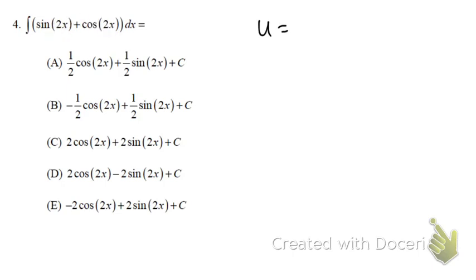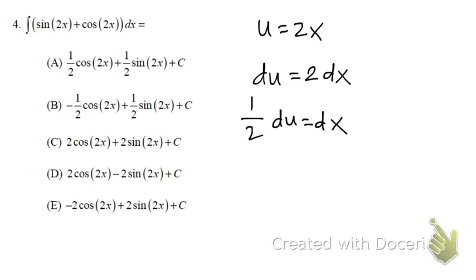So if I set my u equal to 2x, then du would be equal to 2 dx. I don't need that extra 2 anywhere. Both of these 2x's are going to be replaced with u, and I don't need an extra 2. So I'm going to move it over to the other side by dividing it. 1/2 du equals dx. If I start to highlight some things that are going to be replaced, my 2x's will be replaced with u, and my dx will be replaced with a 1/2 du. If I rewrite that, I get the integral, 1/2 times the integral of sine of u plus cosine of u